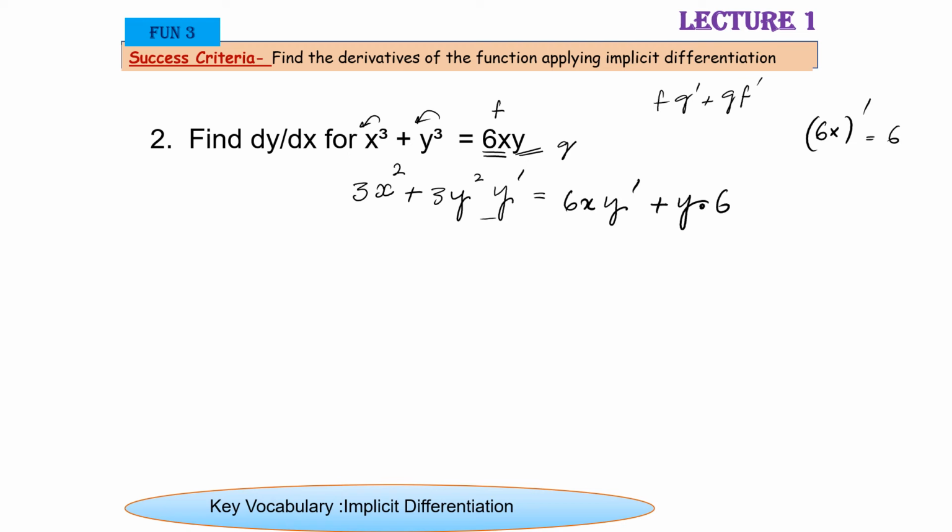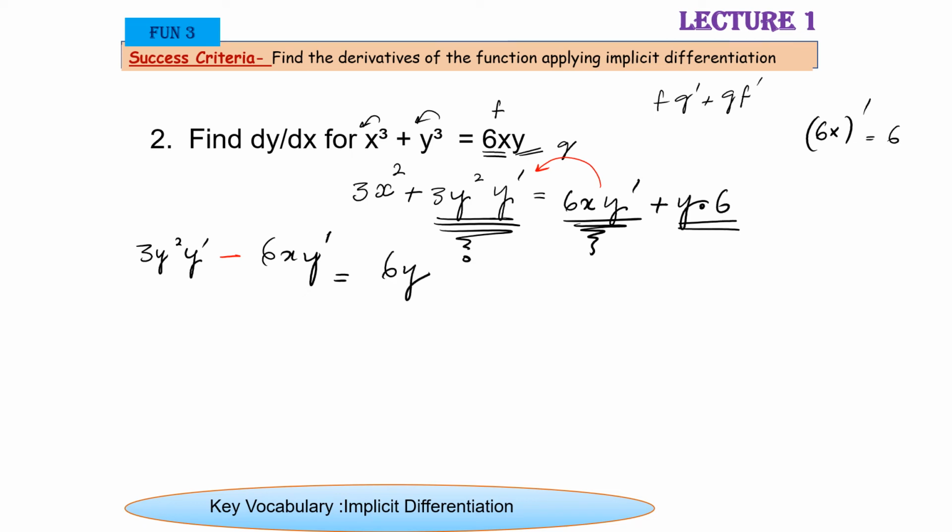Now bring all the y prime terms to the left hand side. So here you have the term 3y square y prime on the left hand side. But on the right hand side there is 6xy prime. So bring it to the left hand side; plus 6xy prime will go to the other side. It will give you negative 6xy prime equals. Now on the right hand side the 6y is already present. You have to shift 3x square to the other side. So you will get minus